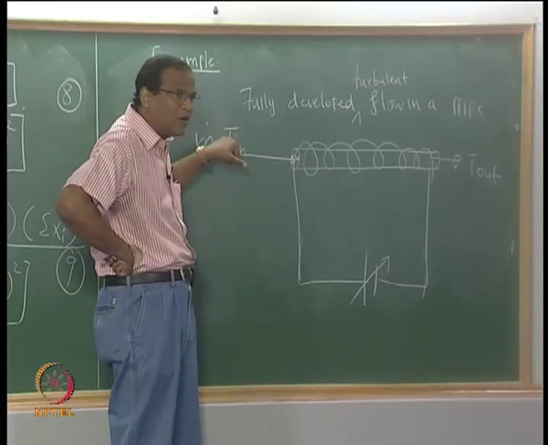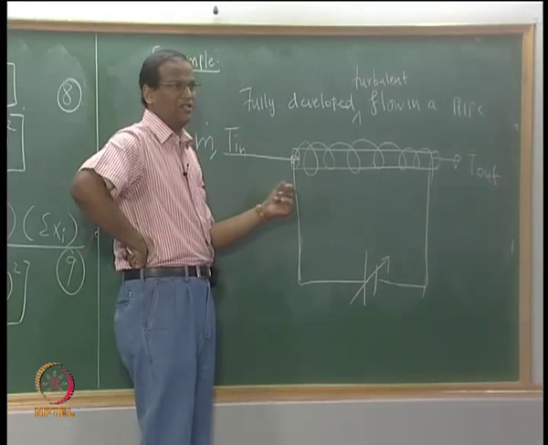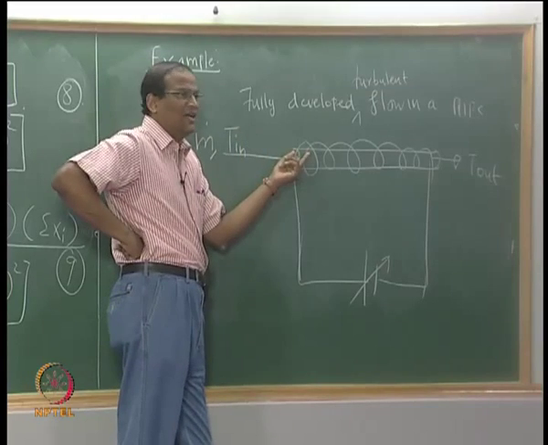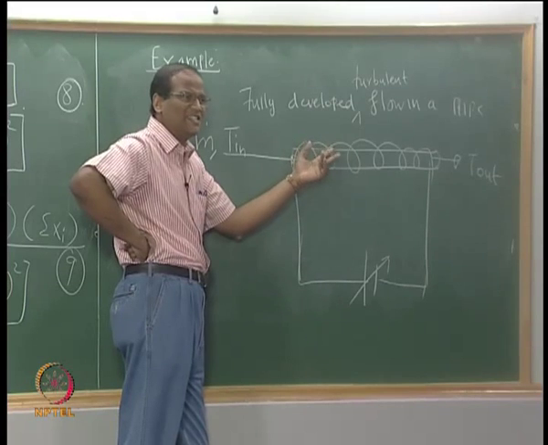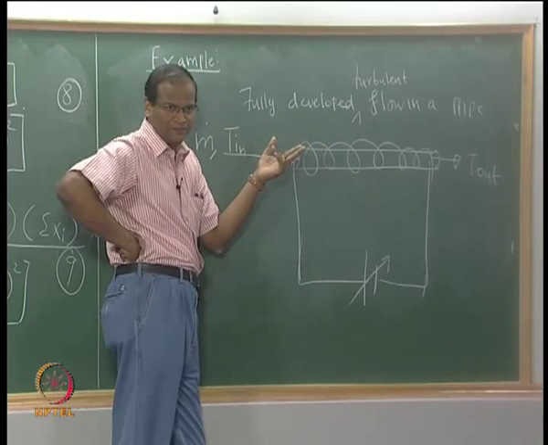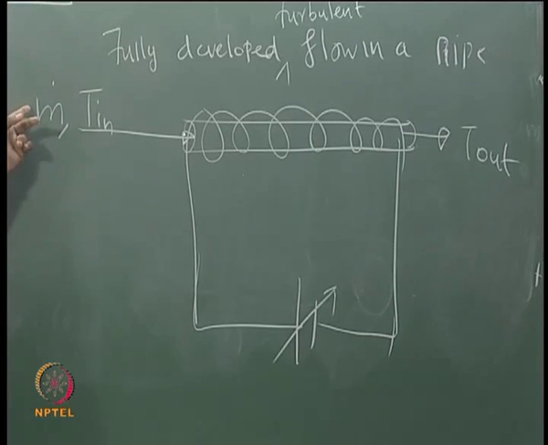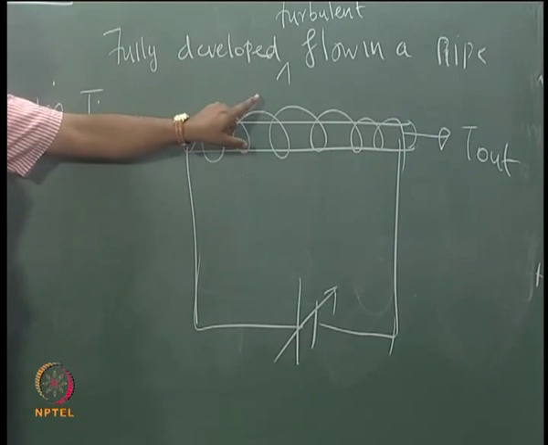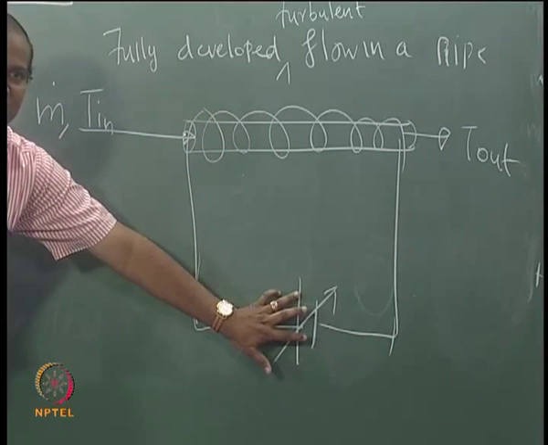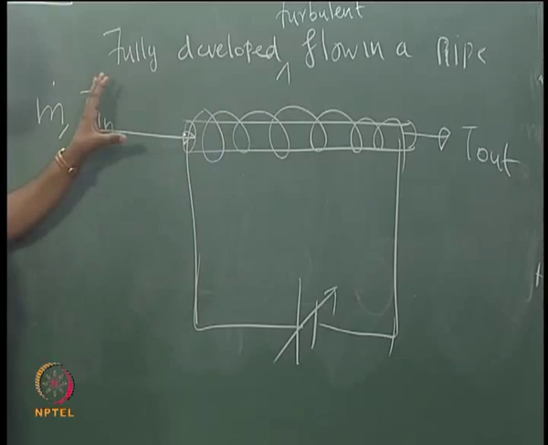So I am sending cold water inside a pipe, the outside of which is either maintained at one particular temperature or is fed with electrical heating. Essentially this is a heat exchanger which tries to heat the incoming water. Now it is possible for me to change the velocity. When I change the velocity, in order to maintain the temperature of the outer wall constant, I can change the settings. So for every change in velocity I can change the heater setting and keep the temperature constant. So I can repeat this experiment.